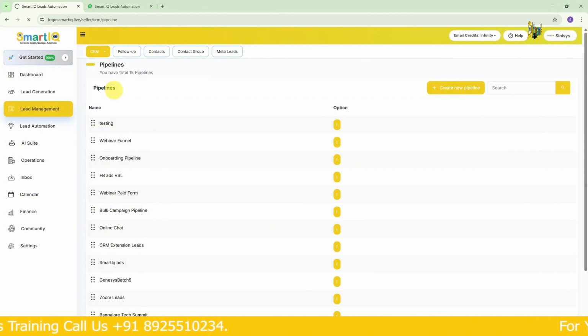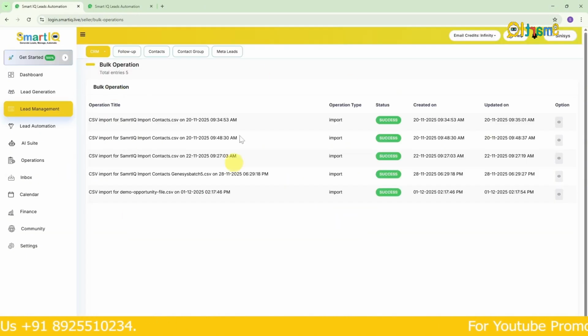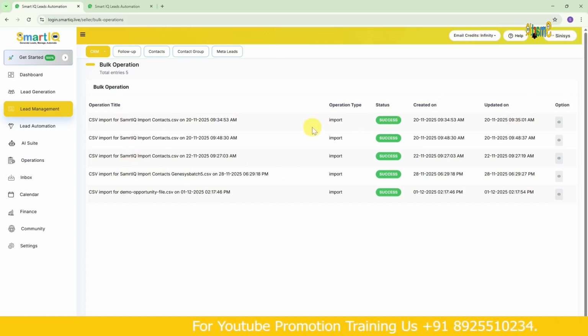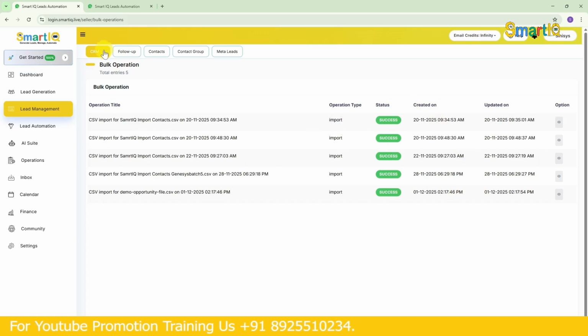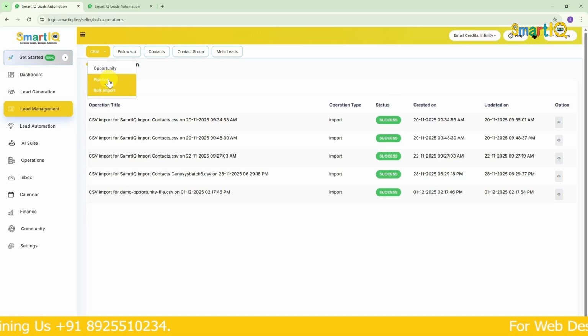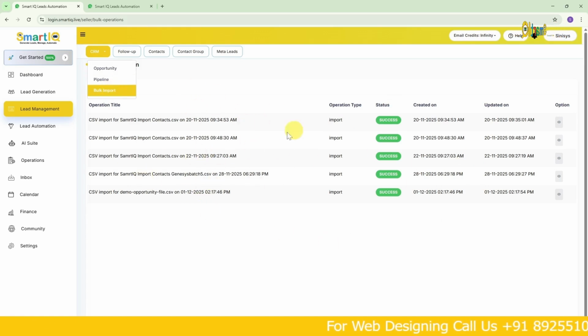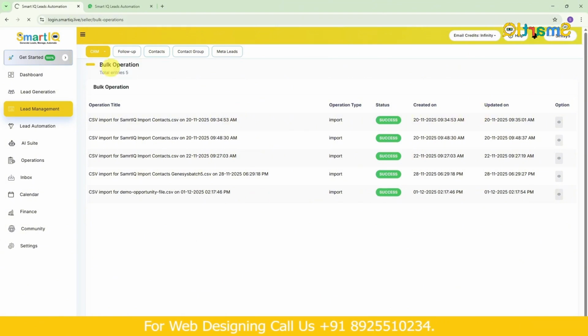Here the bulk import option comes in, and using this bulk import, we can import a CSV file that has multiple contacts. After we import it here, we can easily check all the statuses and everything. This import feature is also available in another contacts feature. Let's see. So next, what am I going to do? In the bulk import section, we can see the status of all the files we've imported and when we imported them. We can check all that.